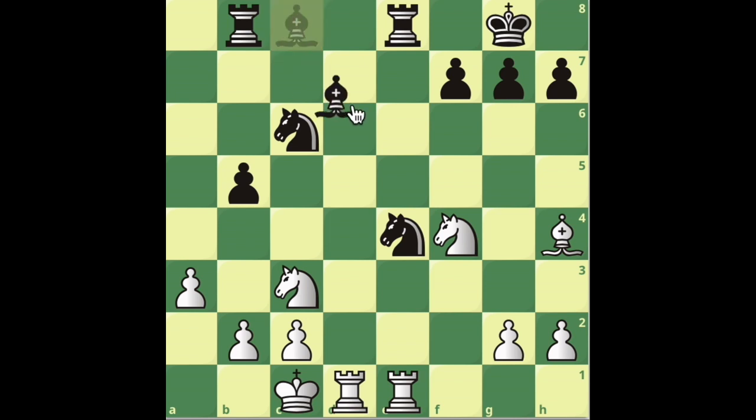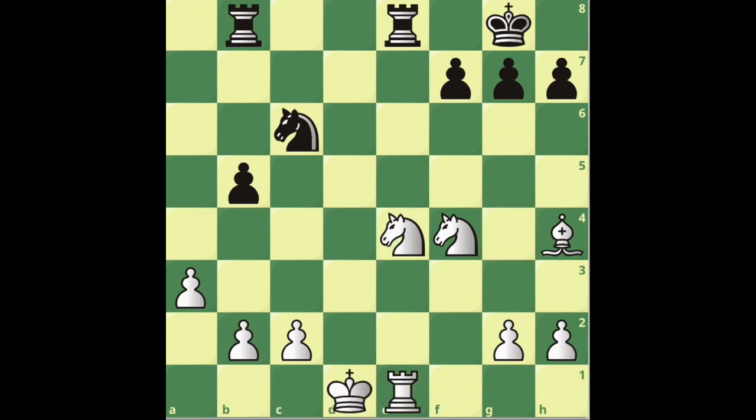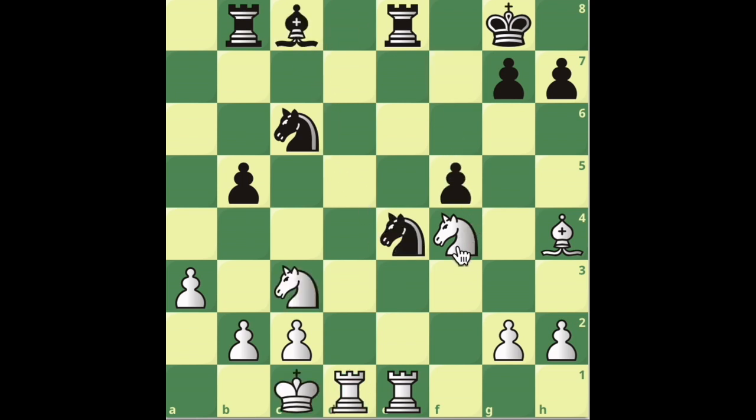Now let's say a developing move like bishop to g4. You just take the knight. And when the bishop takes your rook, you take back with the king, and this is better for black. If instead black here plays f5, protecting that knight. Okay, b3, give space to the king, and after bishop to a6,